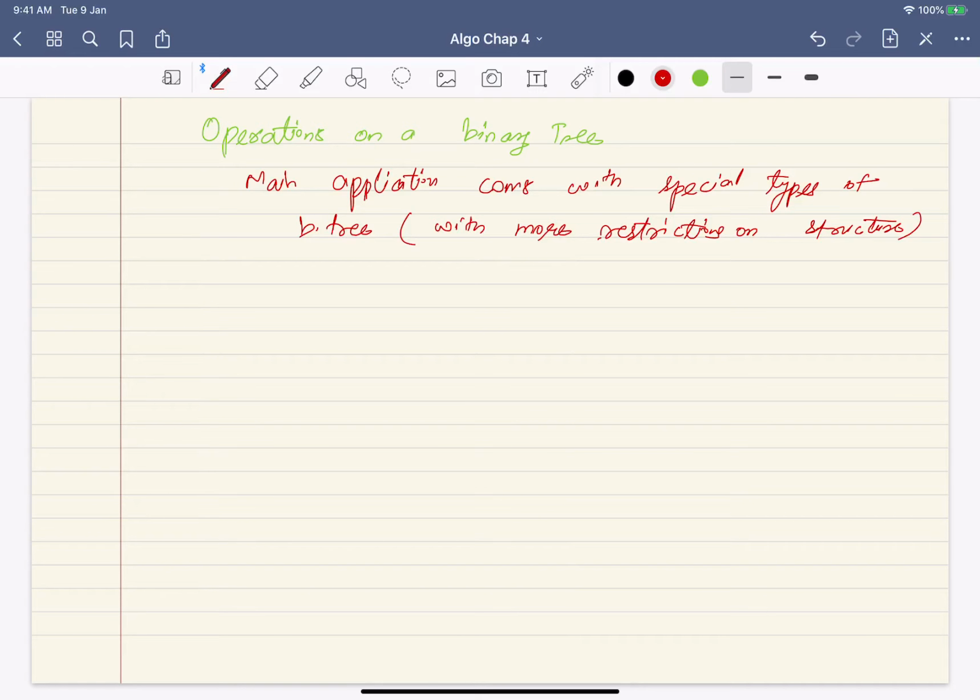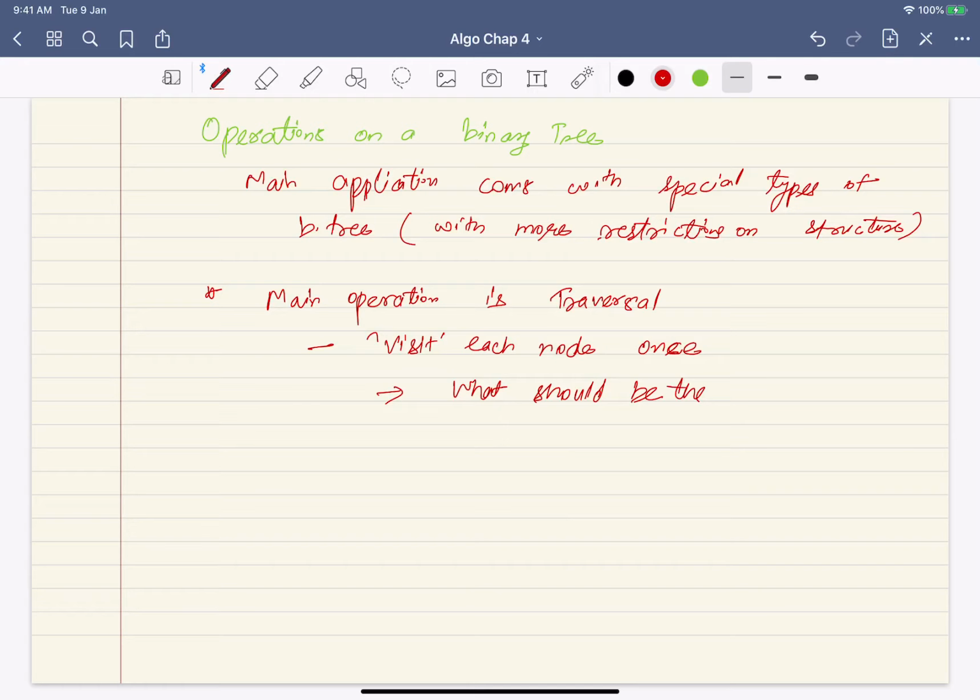But on this plain binary tree, you can define the traversal operation. So here the main operation is traversal, and this is very important to understand. So what is traversal of a binary tree? Traversal means you have to visit each node once. So in a given binary tree, you have to visit each node once. And now immediately the question is, okay, in what order? So then what should be the order?